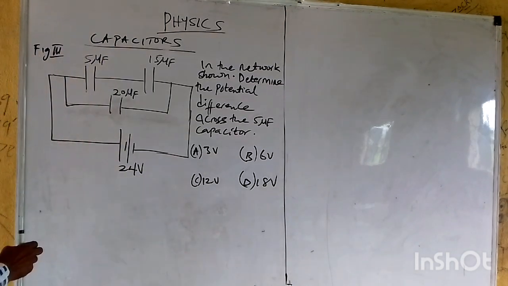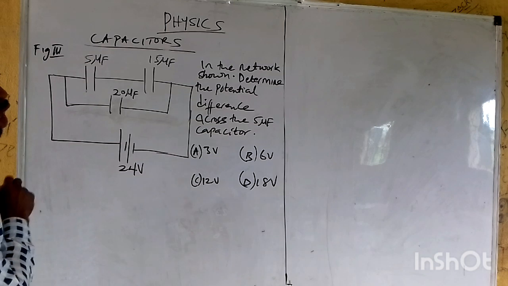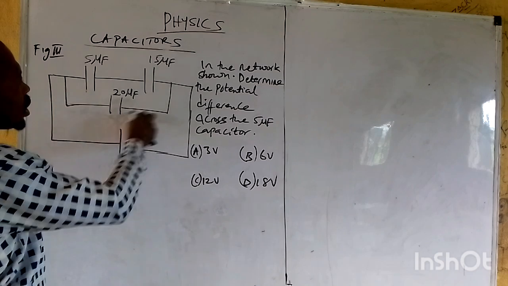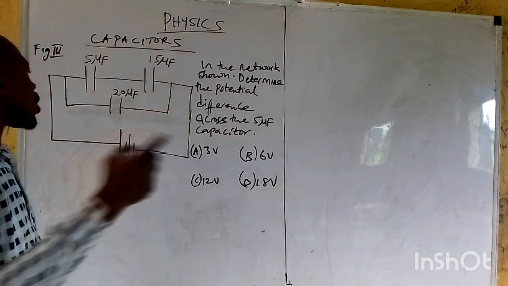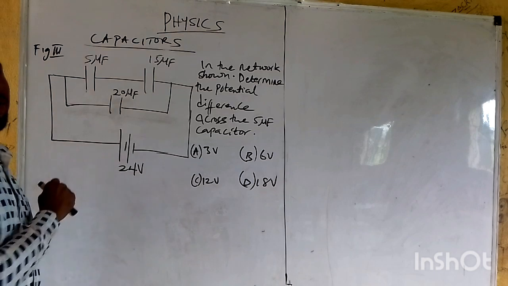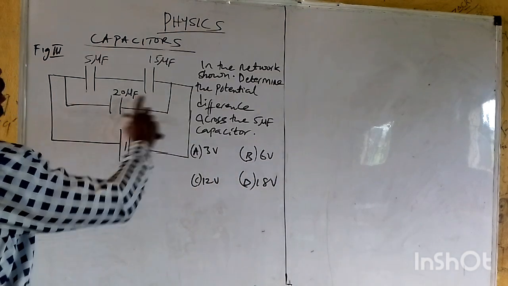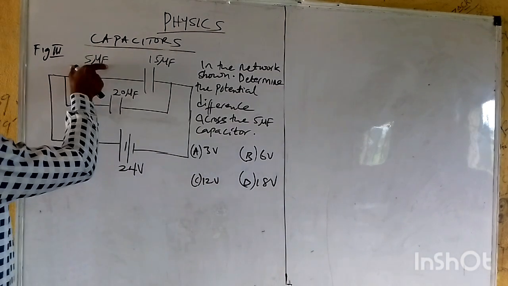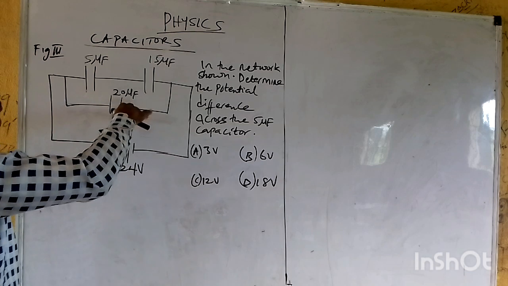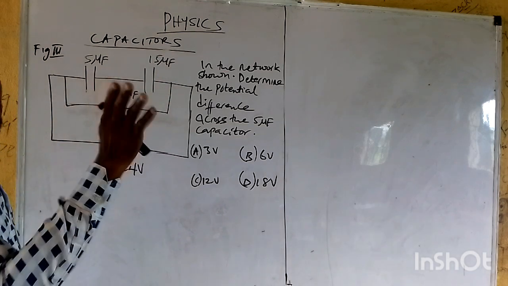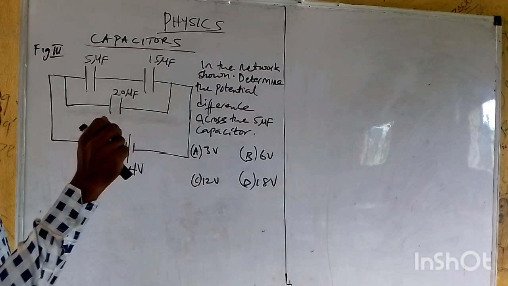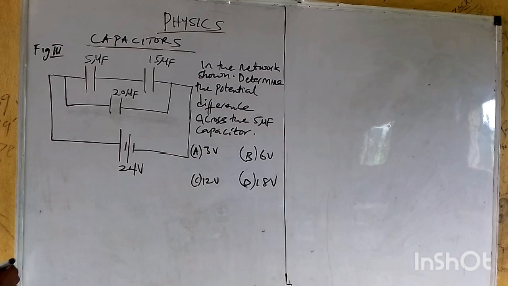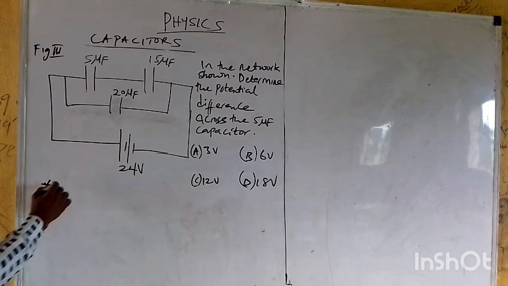Here we have the PD flowing here, and of course, if you look at this combination, this is a combination of both series and parallel. Now, the question says the PD across the 5 microfarad. All you need to do, this 5 microfarad is in series. You forget about this one because you were not demanded to get the entire capacitance in the circuit. So all we need to do is we now see total